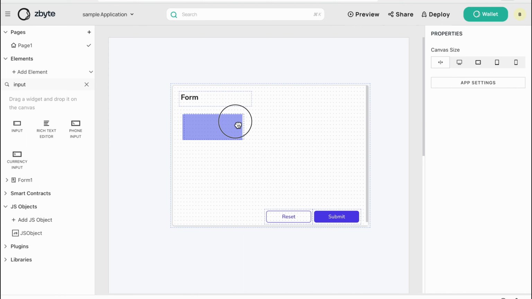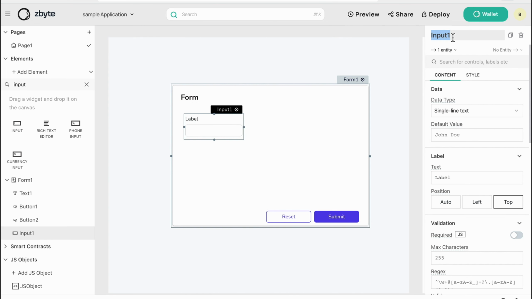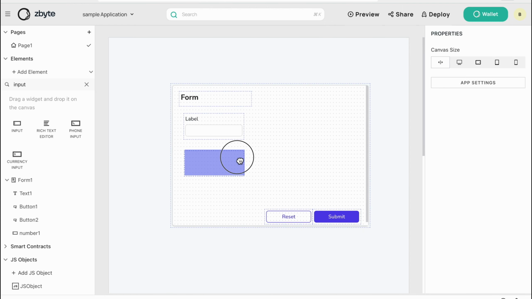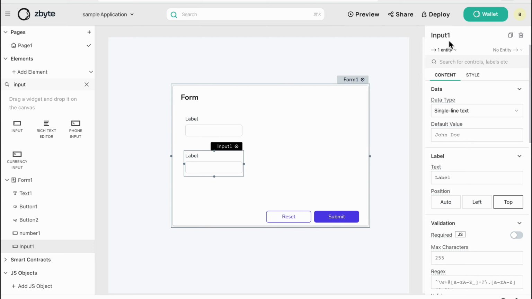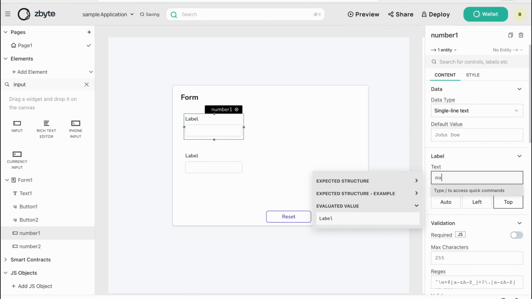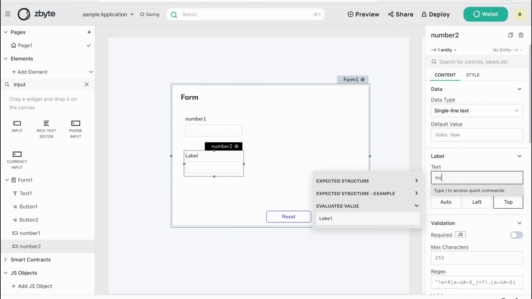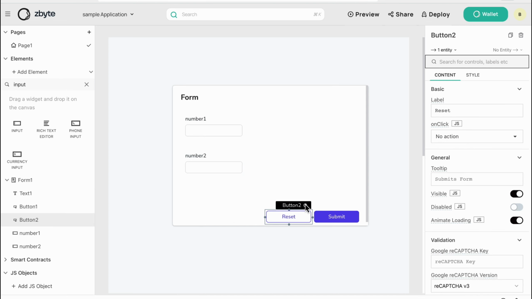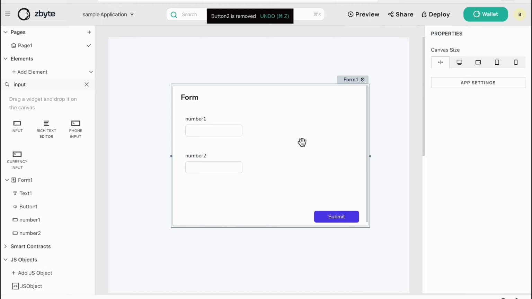So let's take one input box, we name it number 1, and we'll take another input box and we'll name it number 2. Also we'll change the label to number 1 and this label to number 2. So we just need only one button here, so I'll delete the other one. So now